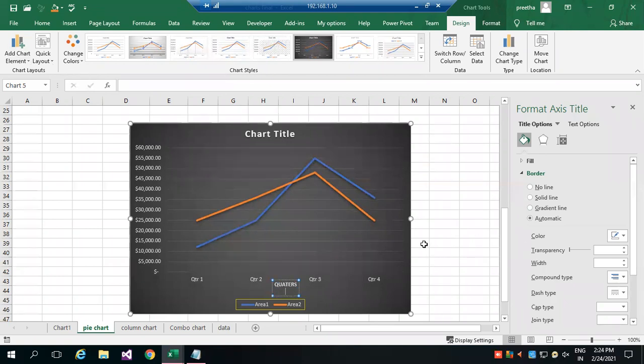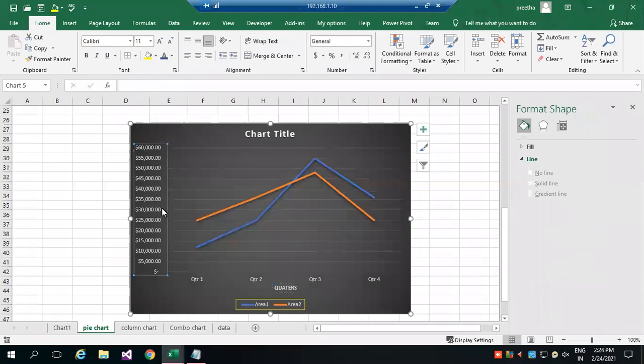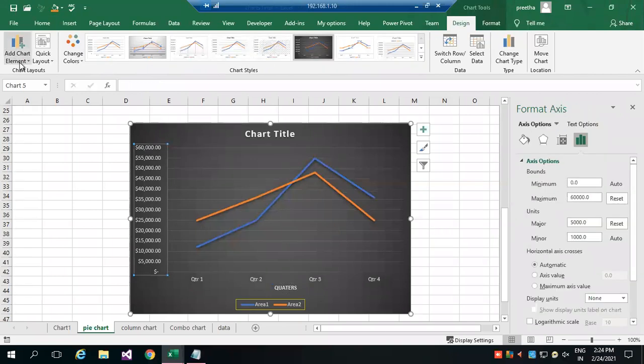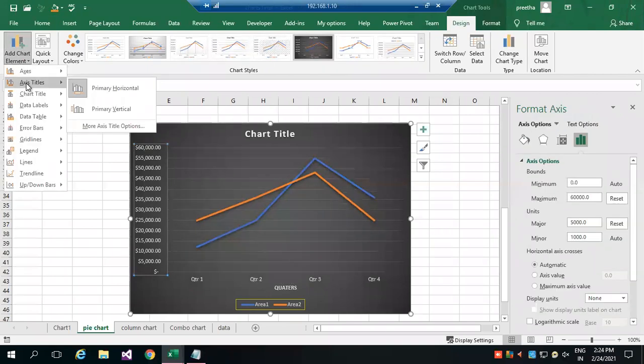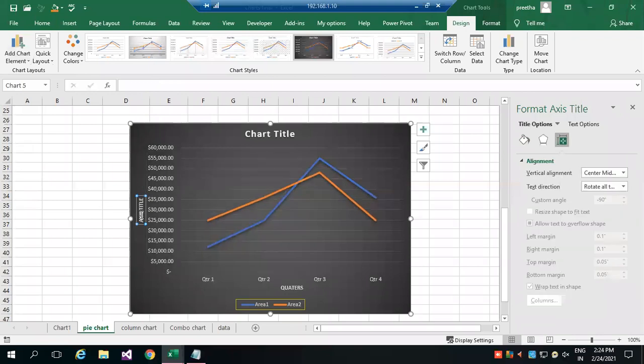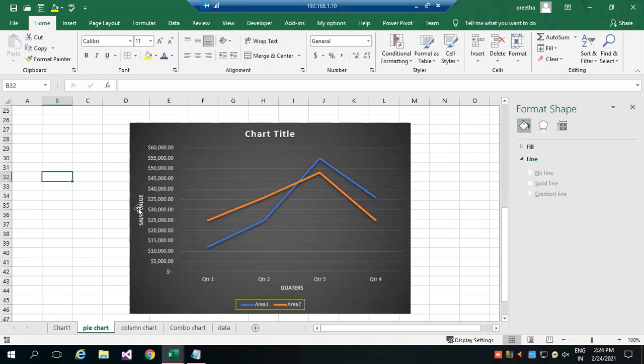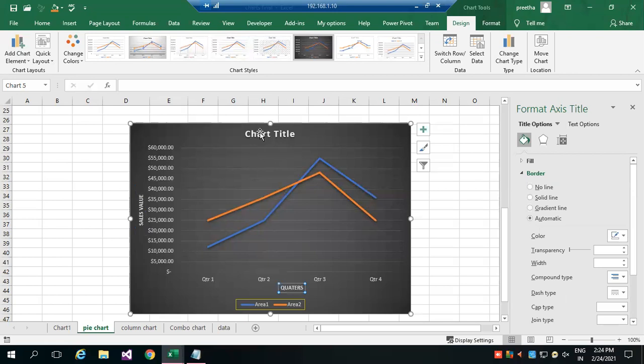Then on the right side, I wanted to add the sales value. So axis title vertical. Here I will represent it as sales value. Now what I'm giving is the y axis title. So this element can be added or removed.